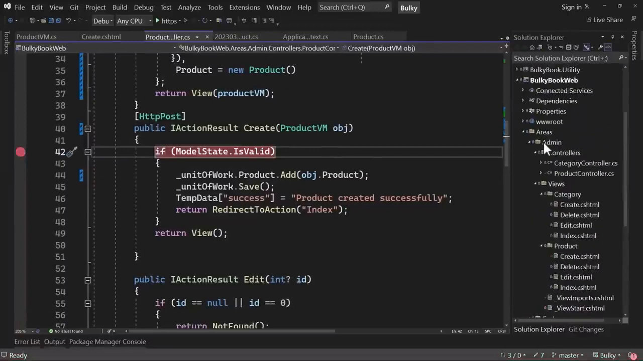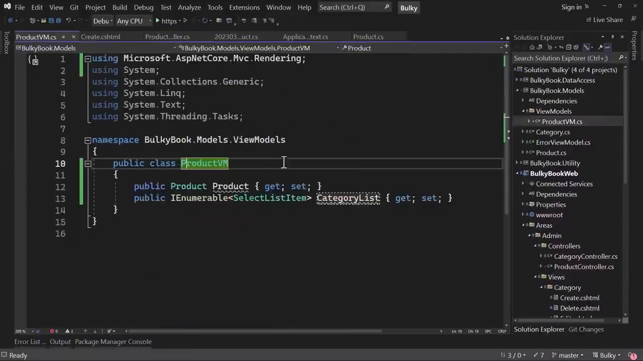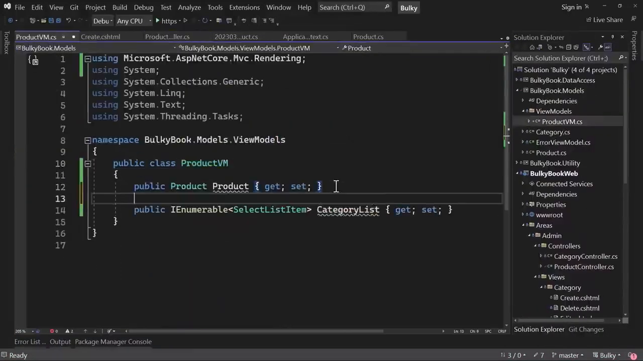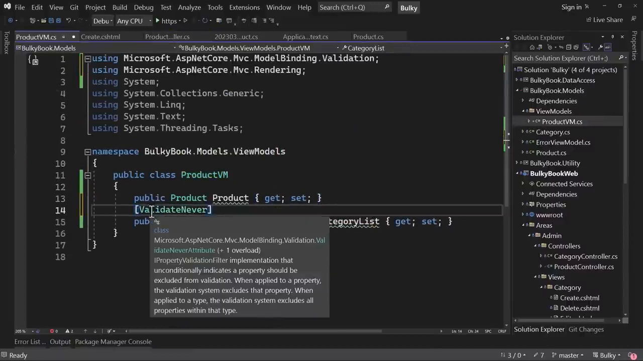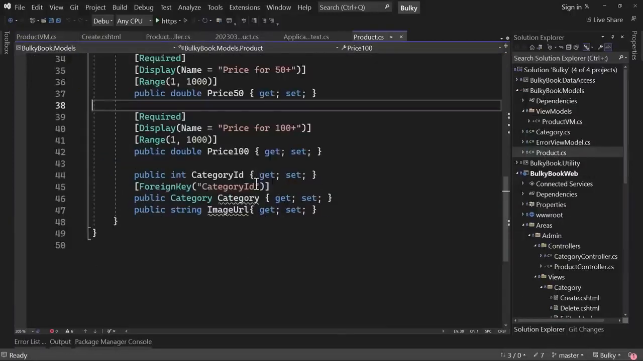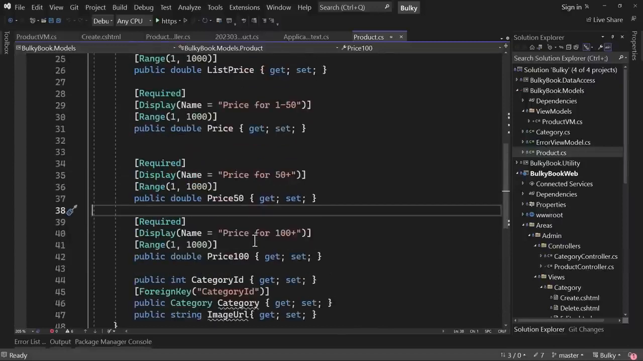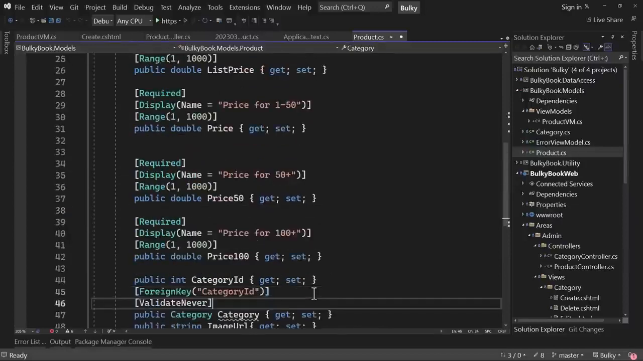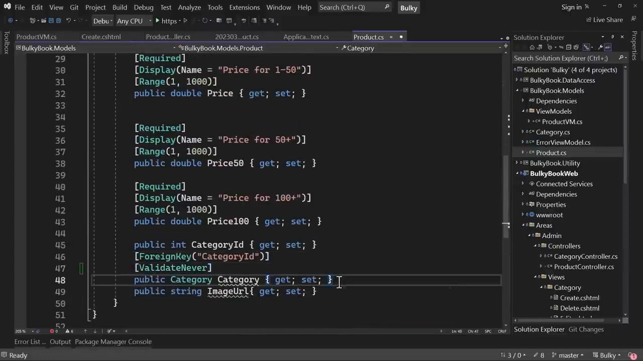Doing that is super simple. All we have to do is add an annotation on top of the category list, which is ValidateNever. And that will make sure that it does not validate this property that we have. I will also have to add that where we have the category right here, and if you want you can also add that